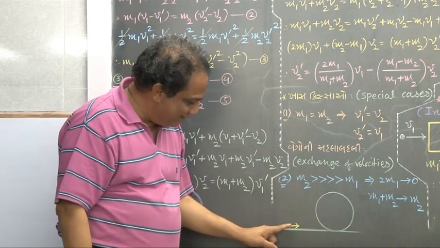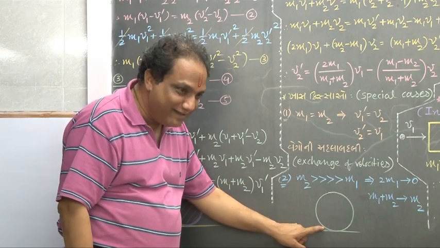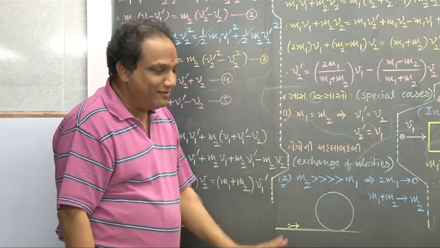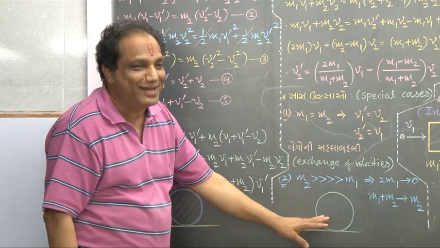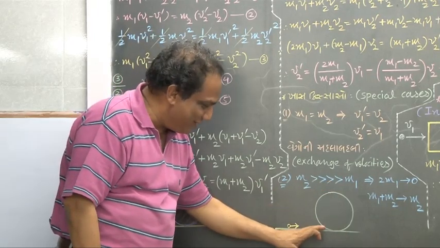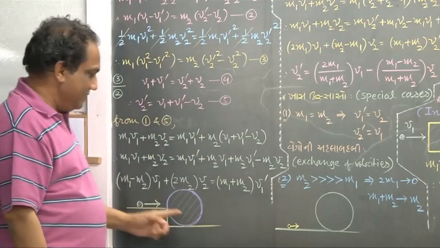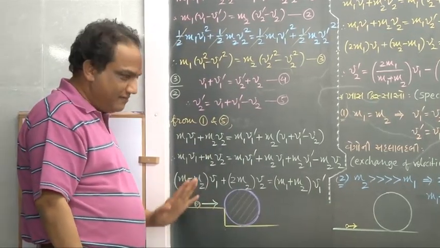It will get hidden here. When this tries to collide with this, it will be hidden here, okay? It will not collide. It will get shelter under the shadow of this body, okay? So this is not the right way to draw this figure. This is the right way to draw the figure, okay?